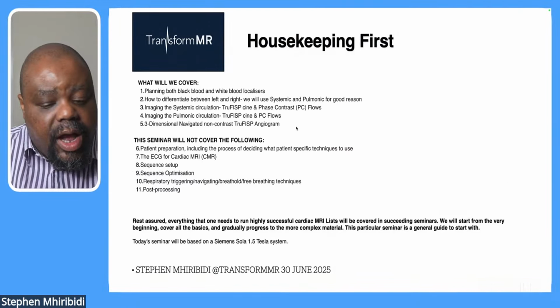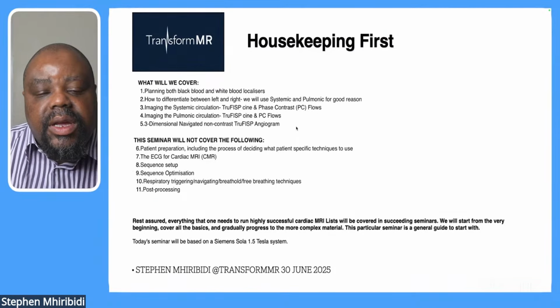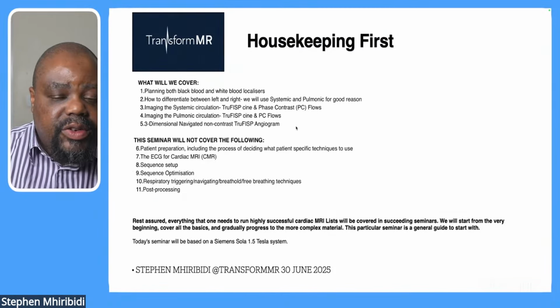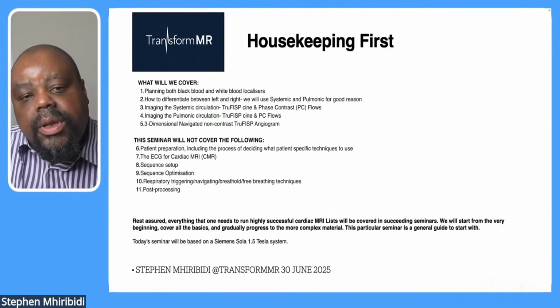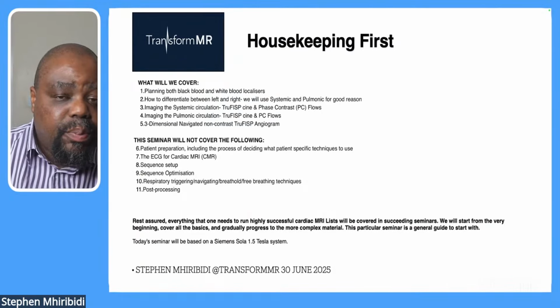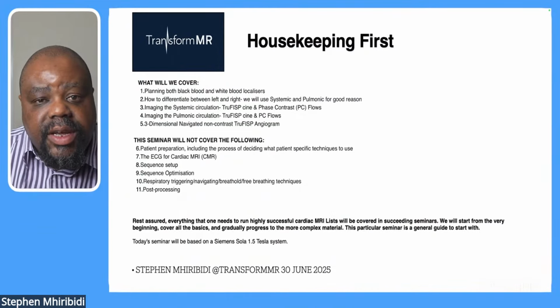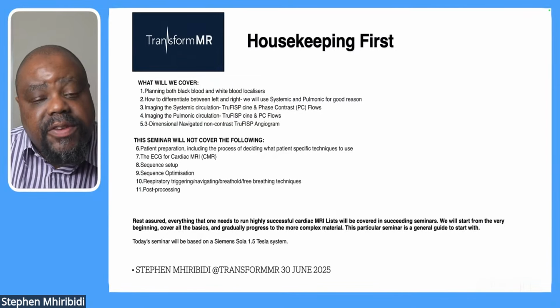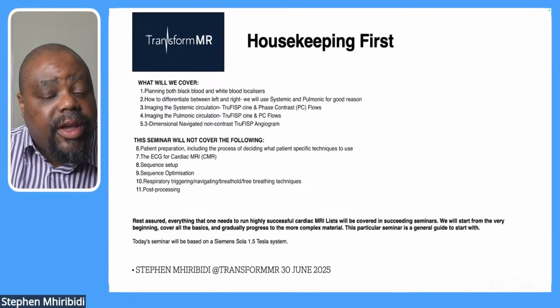Now, housekeeping first. What we will cover today. First thing we'll cover is planning both black and white blood localizers. 2, how to differentiate between left and right. We will use systemic and pulmonic rather than left to right, and for good reason. Left anatomy is not always what you would expect from the left, and likewise for the right when it comes